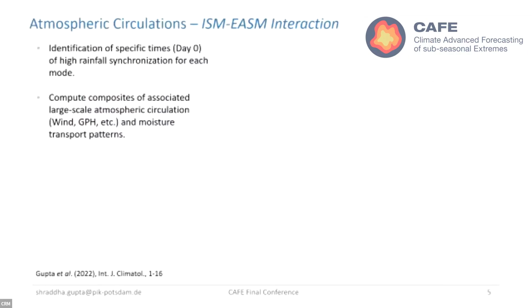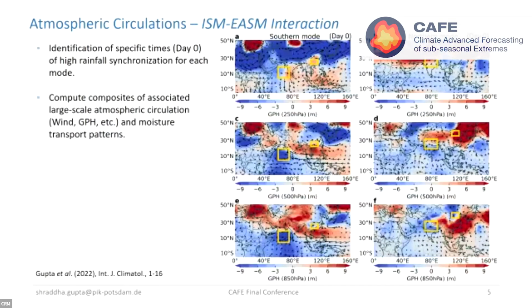So the next task was that with these days which we identified, which we call day 0, when there is high synchronization, we computed the composite of the associated large-scale atmospheric circulation and the moisture transport patterns. We found that for the southern mode,